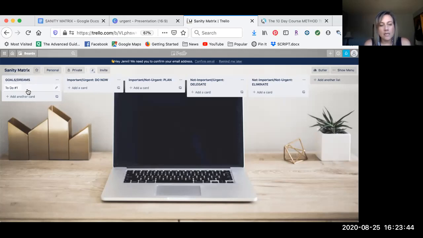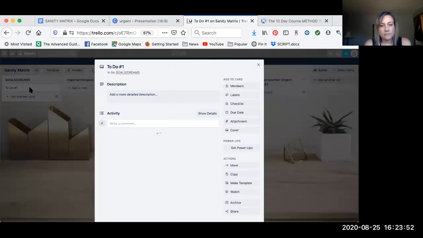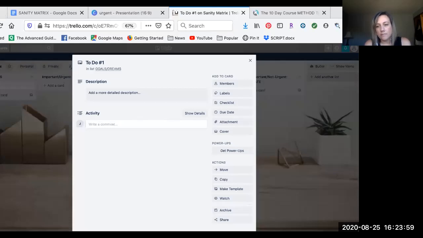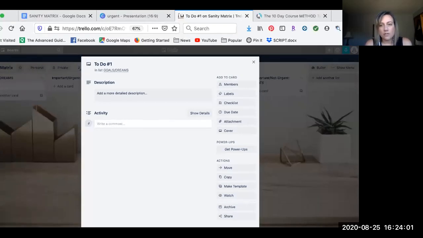And then on each list are what they call cards. Okay. So what's cool is you can click on the card and it will open it. Okay. I am assuming you guys can see this. I should probably look at the comments. Okay. I'm going to assume, because I'm not hearing anything, that you guys can see this. So,